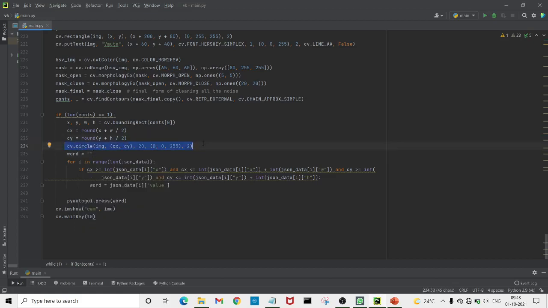The syntax indicates the image, and cx cy are the center coordinates. 20 is the radius of the circle, and this is the color and thickness of the circle which will be displayed when it detects the green color.